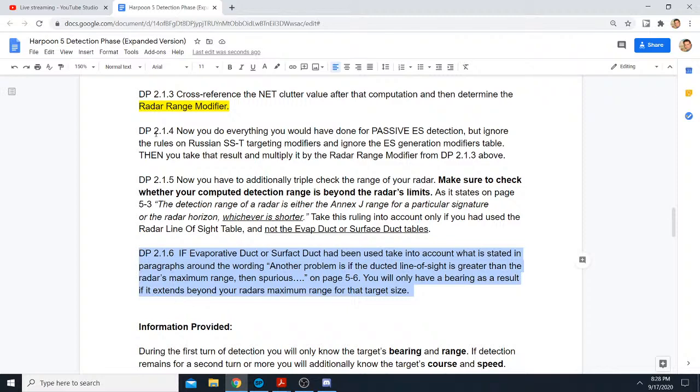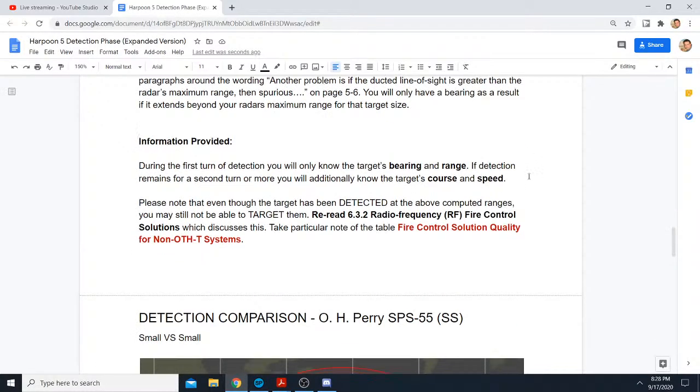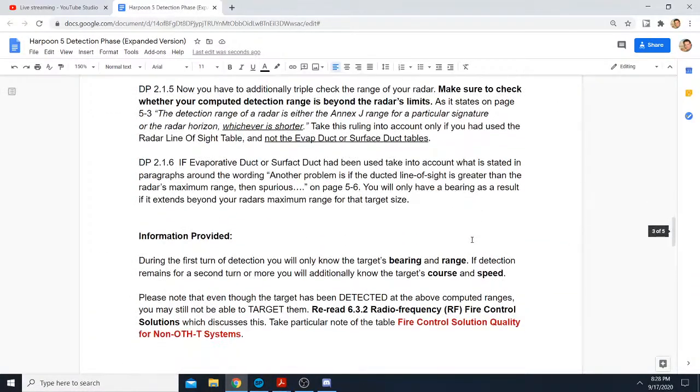Yeah, in most scenarios, especially in the scenario I'm doing right now with folks. There's a Russian radar, and I think it's only like 20 or 25 nautical miles, but then with the evaporative duct it's much further. You'll see it a little bit more visually when we start looking at the examples. Okay, so